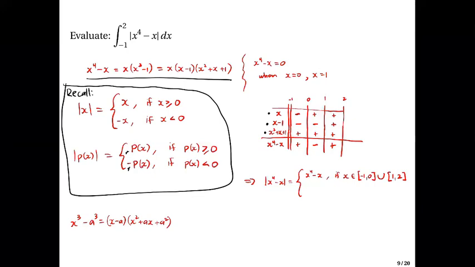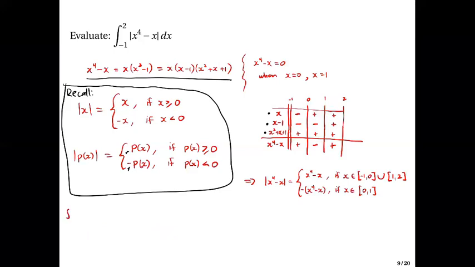And then you'll have to put the negative. So you will have negative of x to the 4 minus x if p of x is negative. It's this guy here, but the interval is 0, 1. So you put the negative if your x belongs to the interval 0, 1. Therefore,